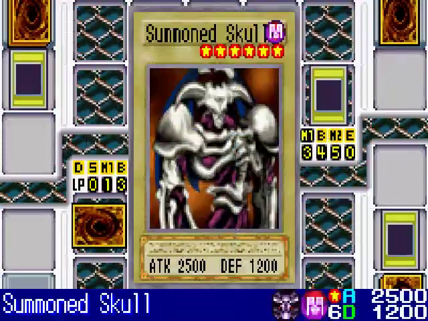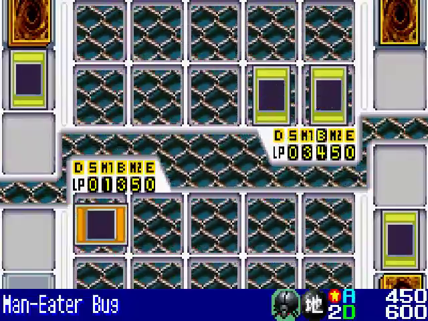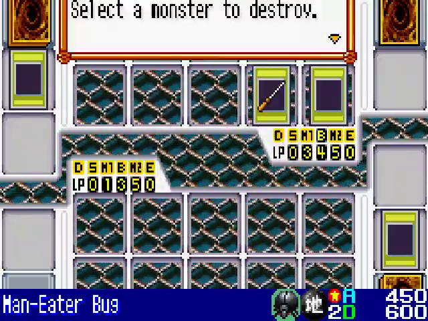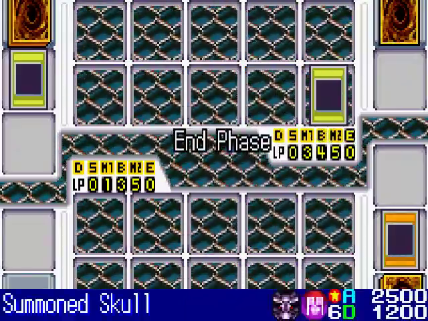So Joey tributes his Summoned Skull just to bring out a new one, which I don't get at all, but suit himself. I guess he wants another Summoned Skull in his graveyard. So he attacks, and I get to destroy his other Summoned Skull. So I actually forgot that